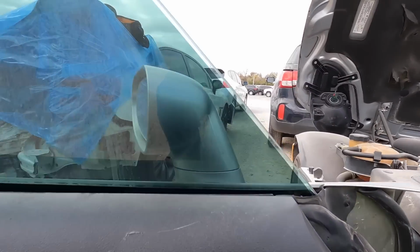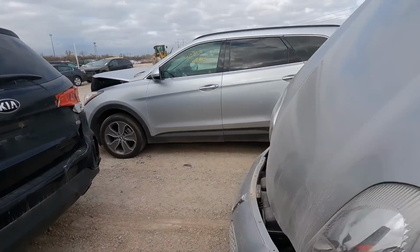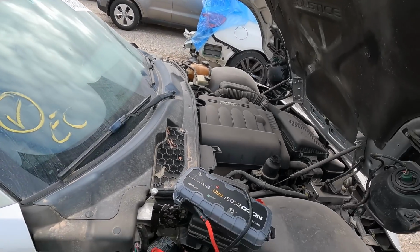Okay. Well, it could have a locked up motor. It could. It could have a bad starter. It sounds like the starter relay is working, but that to me does not sound like a...